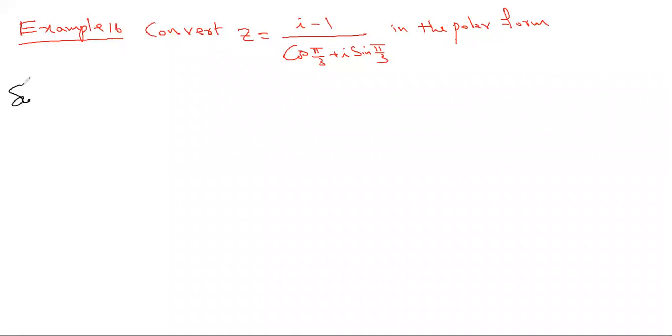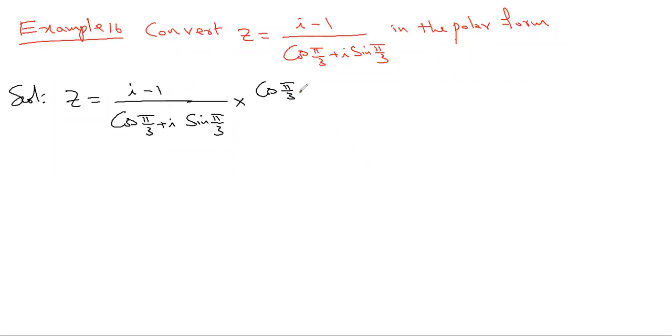Even in that method, what I do is I will rationalize the denominator first. I mean, multiply with the conjugate of the denominator first. Then I will think about writing the values of sine pi by 3 and cos pi by 3, because sine pi by 3 and cos pi by 3 are not simple numbers. They are fractions with roots and all. That's why I don't want to substitute when they are in the denominator. I will multiply with cos pi by 3 minus i sine pi by 3, numerator and denominator.